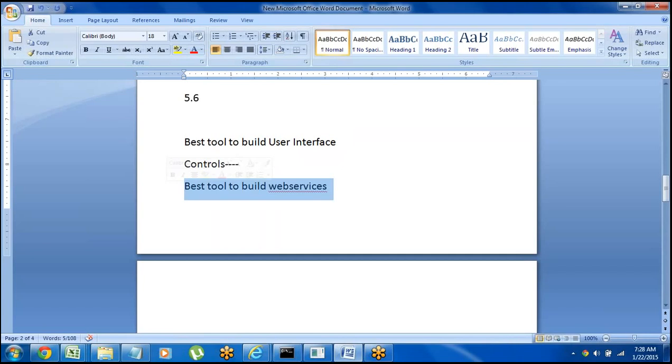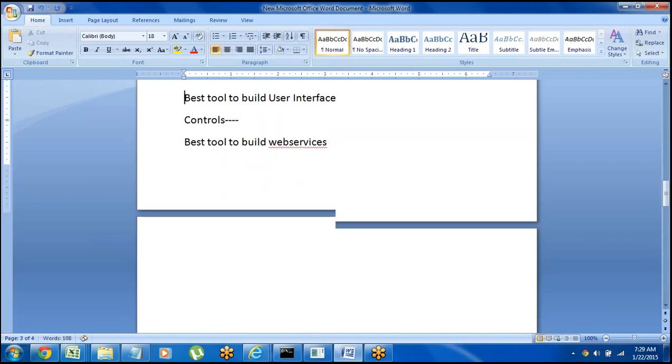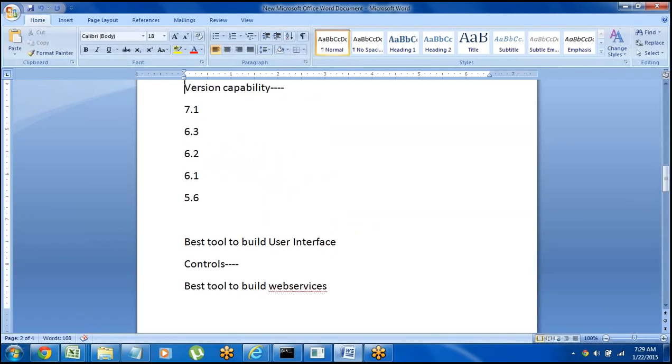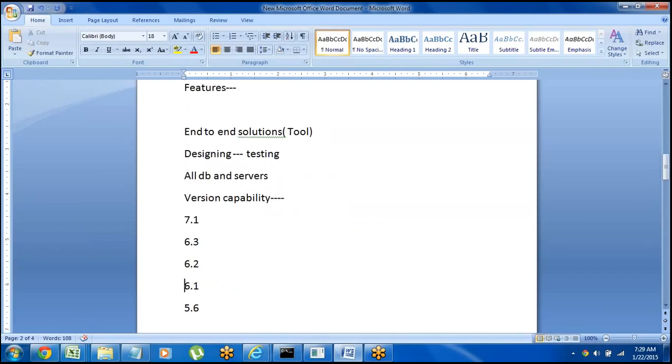Just by point and click, based on the type of web service, if you want to provide the endpoint URL or links, just by providing them and drag and drop, we can automatically connect to the web services. In the integration part we'll cover all these things. These are some of the main features when we compare with other technologies.